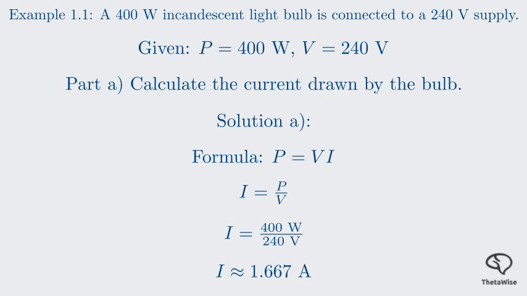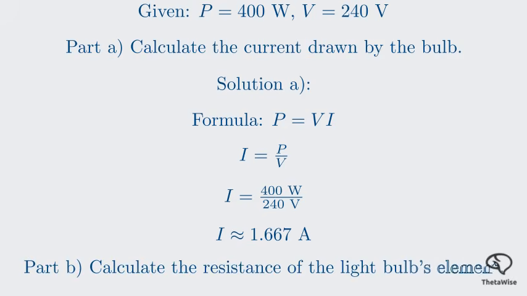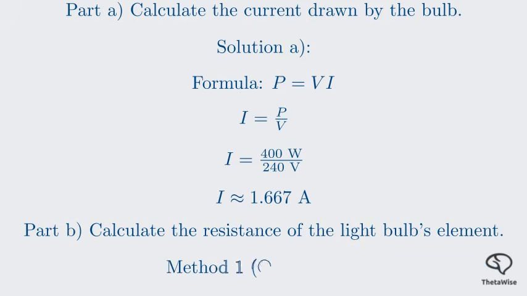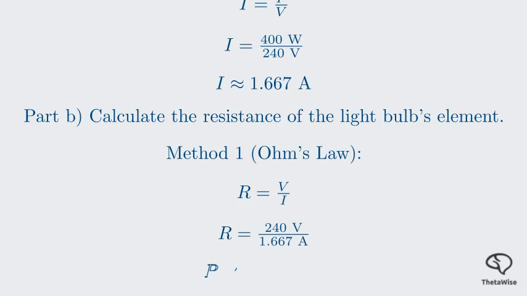Next, let's calculate the resistance. Part B asks for the resistance of the light bulb's element. We can do this in 2 ways. First, using the current we just calculated in Ohm's law. From our Ohm's law triangle, we know that R equals V over I. Plugging in V equals 240 and our calculated I of 1.667, we get approximately